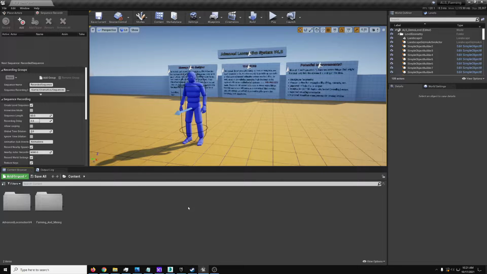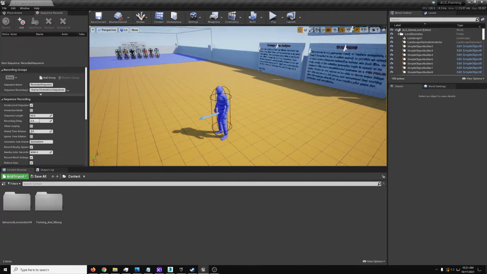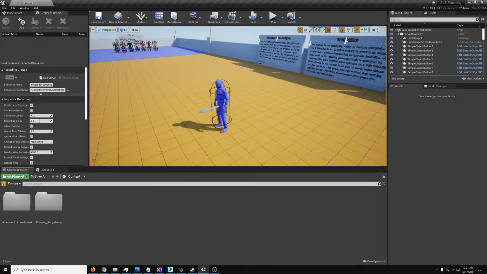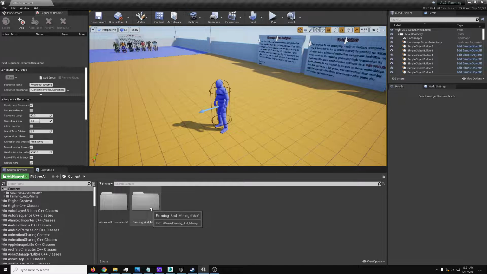Hello, Terracon4 here, doing a simple little tutorial video this time on the farming and mining pack and how to migrate over the skeleton or use the set master pose method if you do not wish to add the tool bone into your own